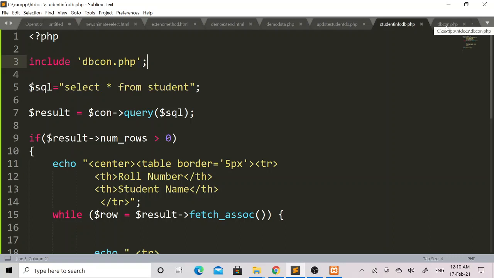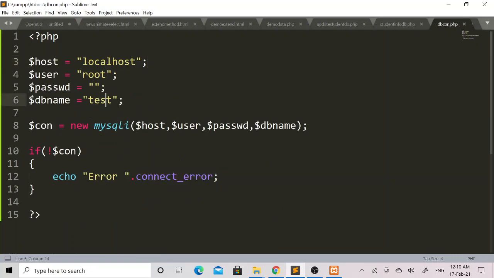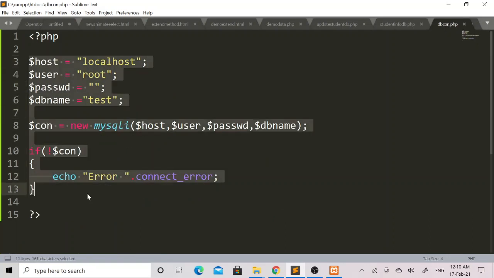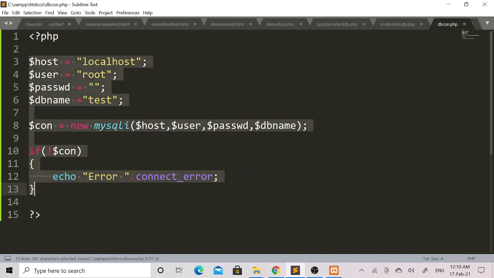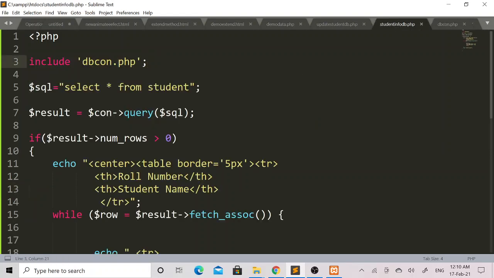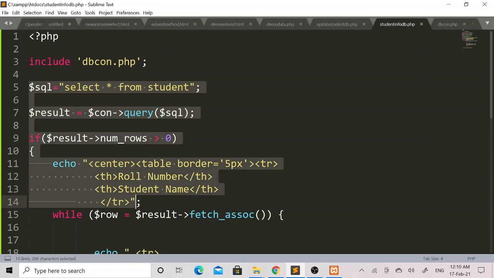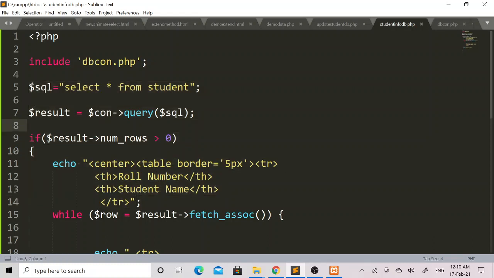And what is the code I have mentioned in the dbcon.php? This is a database connection code. So every time I include this file using the include keyword, this database connection code will get executed. Then later on the rest of the PHP code will get executed.